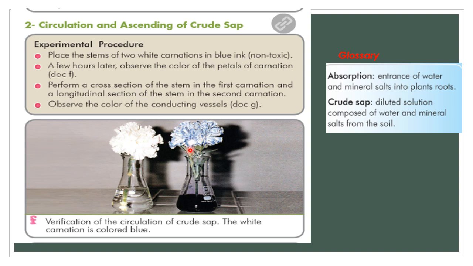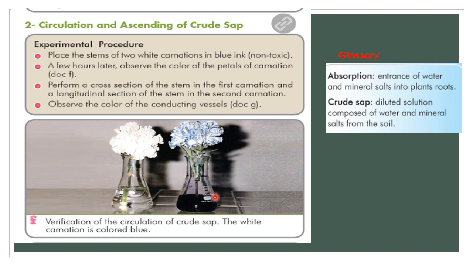Here, the petals become blue in color. Verification of the circulation of the crude sap. The white carnation is colored blue. Here we put ink, blue ink. So this blue color is transferred to the leaves, to the petals, and they become blue in color. This shows that